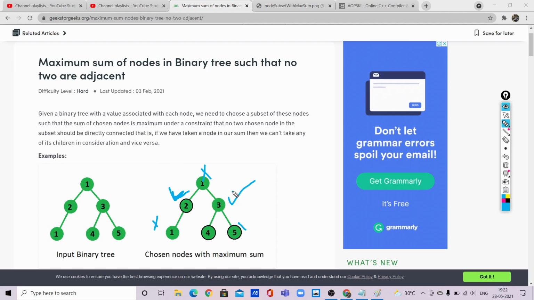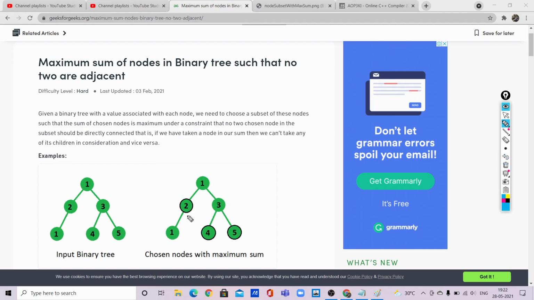And if we consider this to be a part of the solution, then this cannot be, so the maximum profit we will get is the maximum sum. Sorry, profit in the sense, I mean sum. So the maximum sum possible is 5. So we have to find a way to find the maximum sum which can be attained with this.